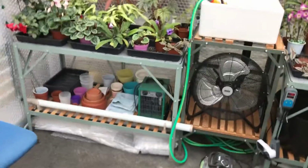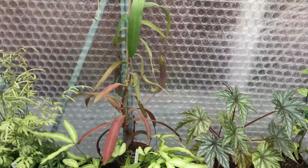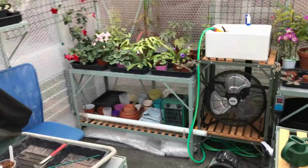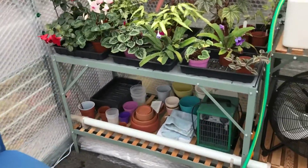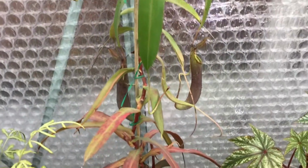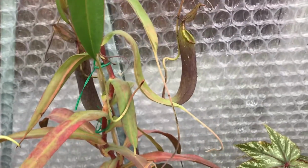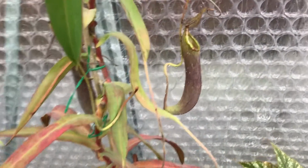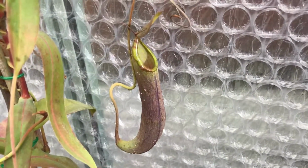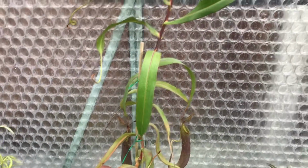Okay, so if we come over here, this is my pride and joy. I'll back up a little bit and get a spotlight so we can show it up a little bit. That's not a very bright spotlight. So this is a Nepenthes, a Nepenthes pitcher plant. Now Nepenthes pitcher plants come from